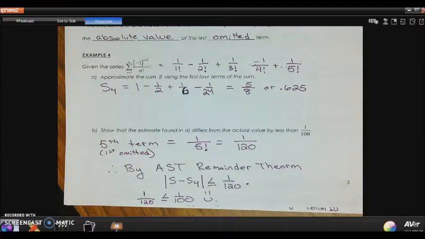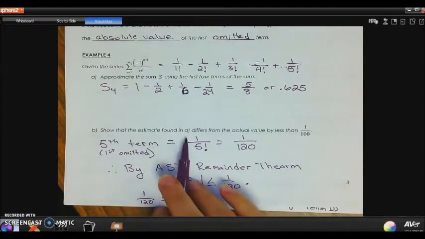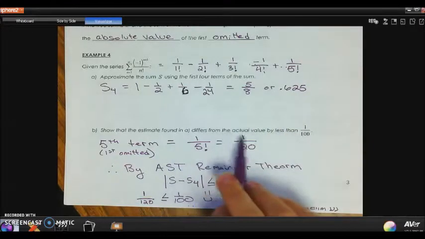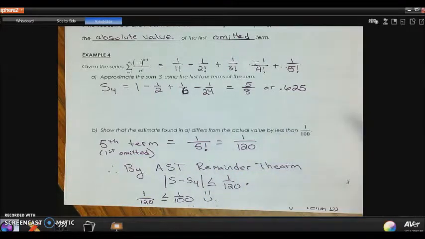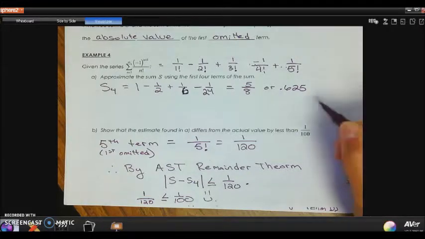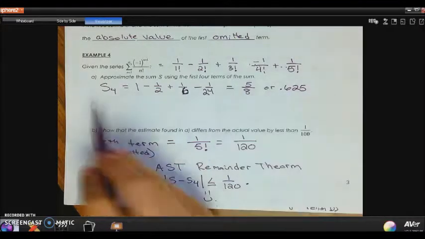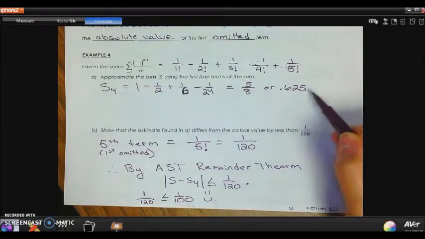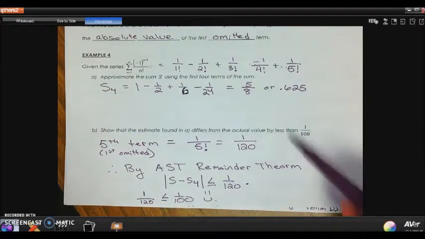So this is where the multiple choice, or even in the free response, they like to add this in there. They'll say, show that the estimate found in part A differs from the actual by less than, sometimes 1 over 100, sometimes 1 over 1,000, just depends. So I'm telling you that this is my approximation, and I'm also telling you that it is within an error of 1/100th of the true sum. Because remember, this S sub 4 is my approximation, and I'm telling you that the true sum is within